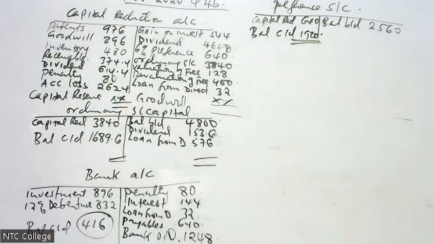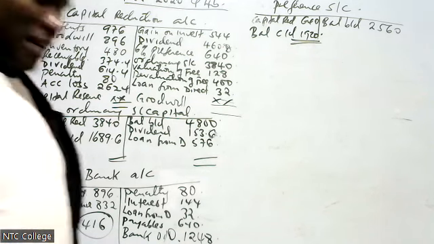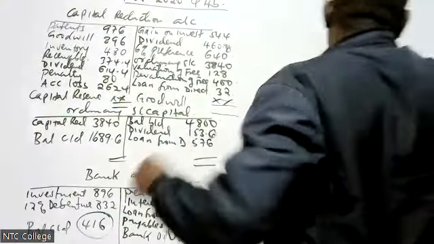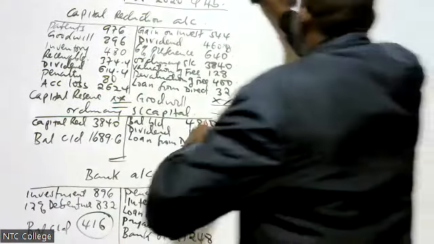Now we do the balance sheet quickly so that we move on to other things. Now we have the balances here. Let's run through the balance sheet quickly. We say